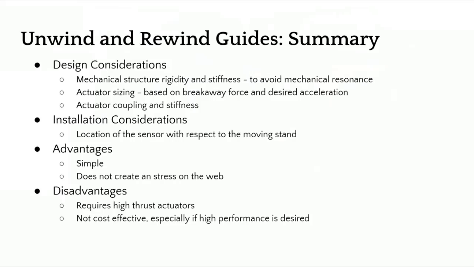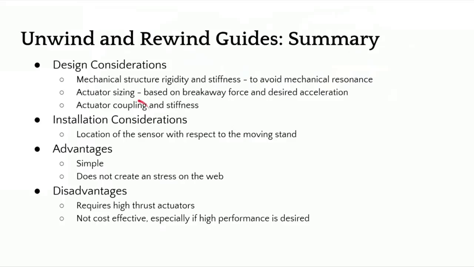We are moving a big mass, and depending upon the type of web, maybe metals, it may be thousands of pounds, multiple thousands of pounds that we are trying to move. And we need to make sure that the structure is rigid enough so that we can avoid any mechanical resonance. The natural frequency of the structure should be at least 3 to 4 times the operating frequency of the control